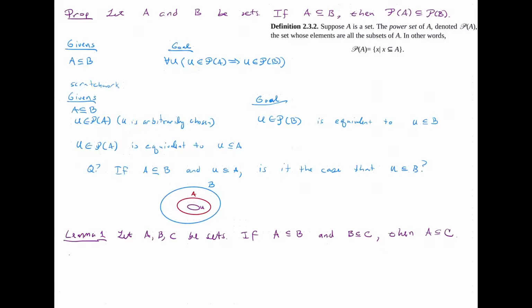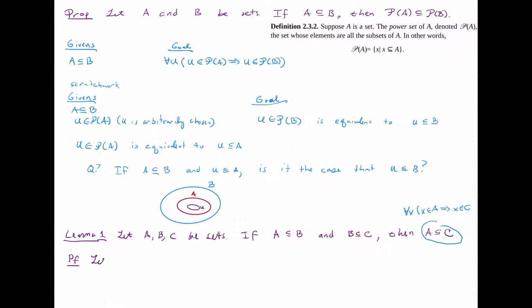Now, to prove this, the statement A is a subset of C, by definition, that is, for all x, x in A implies that x is in C. And so what we are going to do is choose x to be in A, and then show that that x has to be in C, and that will finish it off. And so I'm going to go ahead and write this down. So I'm now doing my formal proof.